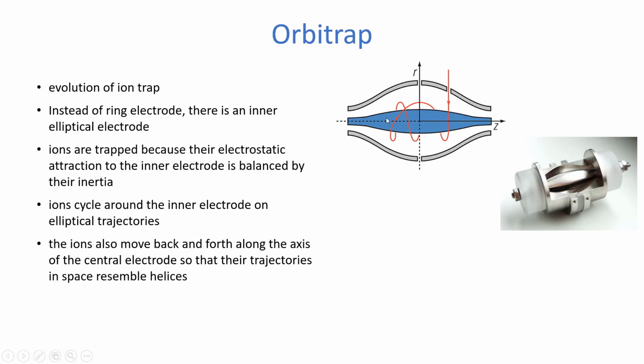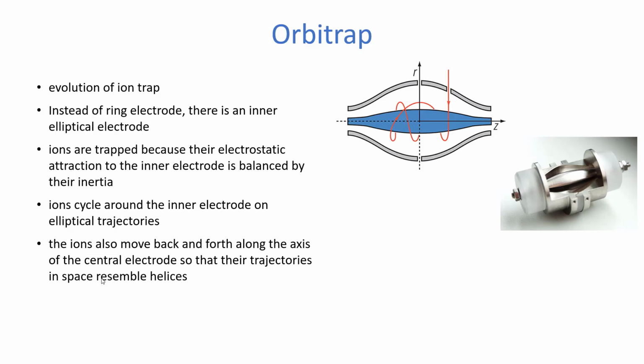You can then have them travel along this axis, and of course, none of you will ever operate a mass spec and have to do the math to figure out how to make ions move. That's all done for you now. Now you're just adjusting settings, but this is so that you understand what's going on on the inside of each kind of mass spec you have. It's complex math. I can't do it. I've tried. Ray Marsh used to teach it, and I failed miserably doing the calculus portion of his exams. Anyhow,